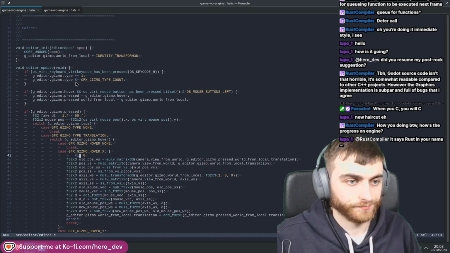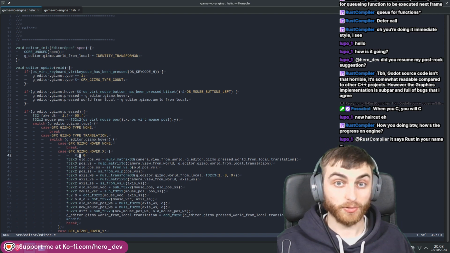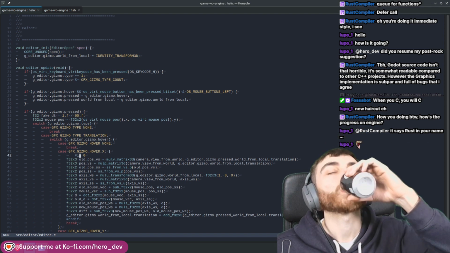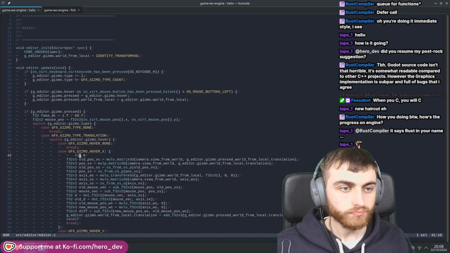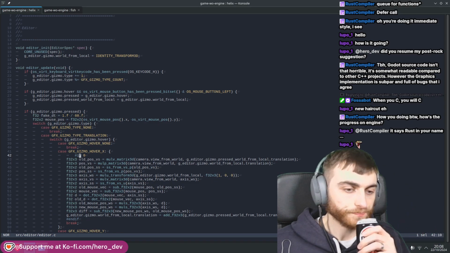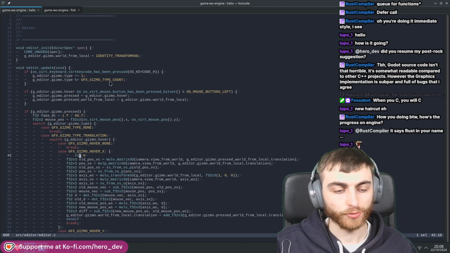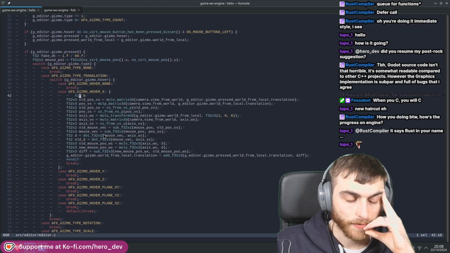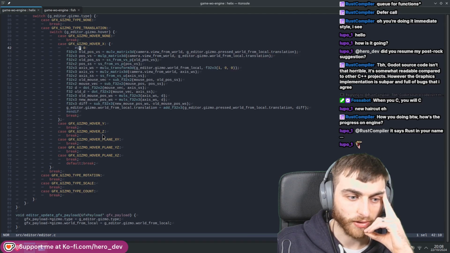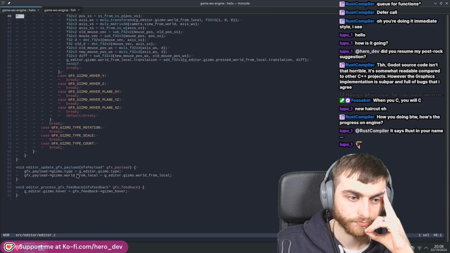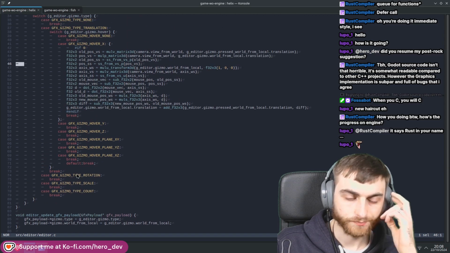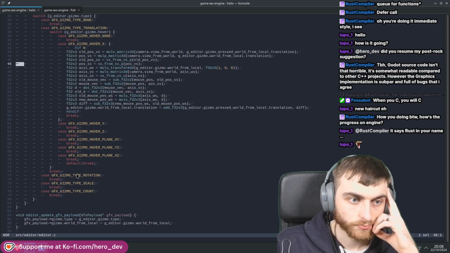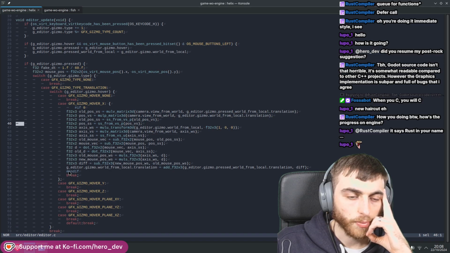Maybe the editor has its own cameras that it controls. And then when the editor's up, it's the one that sets the camera. Yeah, maybe that's an interesting idea. And that way,